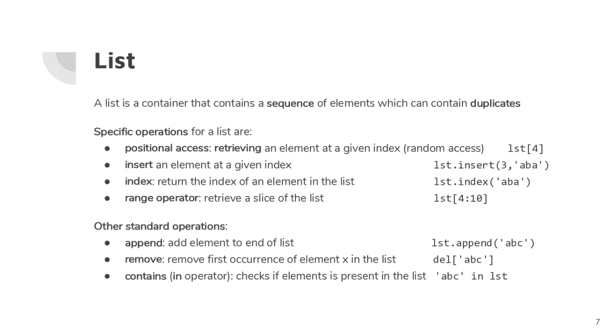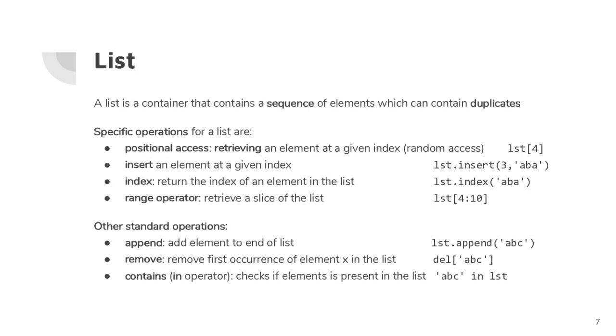So that's another operation: index. Index is like the search function in lists. So you type list.index(ABBA), and it returns the index in the list at which the value ABBA is stored. And then you have the range operators. That's to retrieve a slice of the list. So if you type the list and then rectangular brackets 4 to 10, you return the sublist starting at index 4